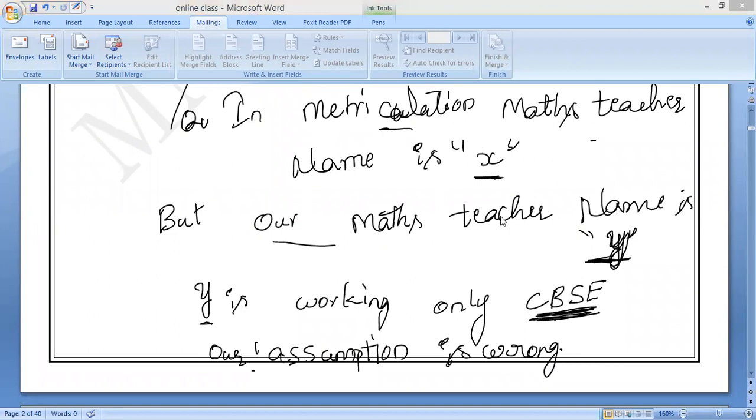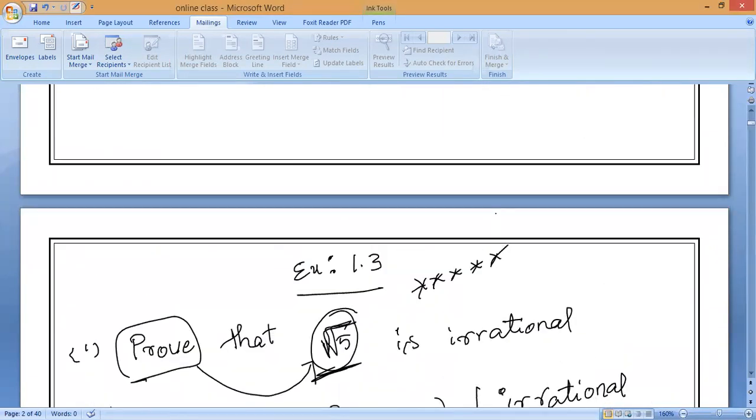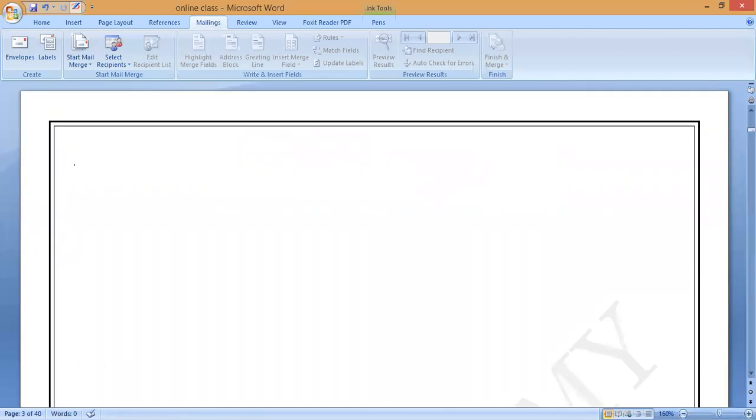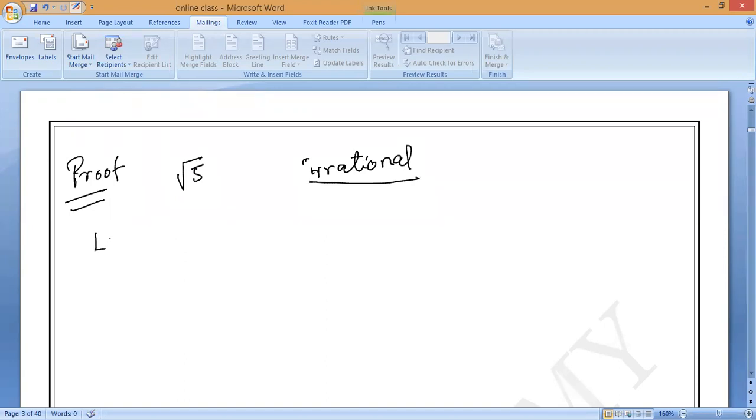In the same way, now they are saying prove that root 5 is irrational. So now make a contradiction, meaning the opposite of that. What is our assumption? Contradiction means reverse. The reverse of irrational is rational. Let us assume, everybody. Our assumption is a very, very important question and a little bit tough. Let us assume root 5 is